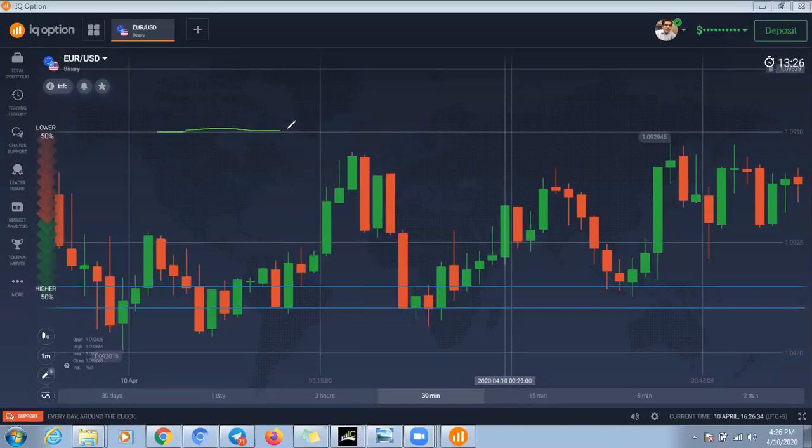It's not that; that was not the explanation. The explanation is that if the wick is touching and rejecting, it means a strong rejection. And if the wick is not touching, it means it must still touch the level. But if the wick is crossing like that, it shows that this is a weak rejection. So this is a strong rejection, this is a weak rejection, just as an example. Okay, sir. Thank you, sir.